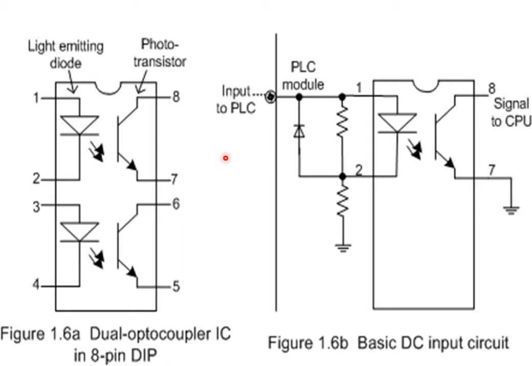So I hope you have understood the functioning of the opto isolator and how it looks if you use it in the form of an IC. So in case it happens to burn itself, all you have to do is replace the IC, but the rest of the things will continue to work perfectly well.